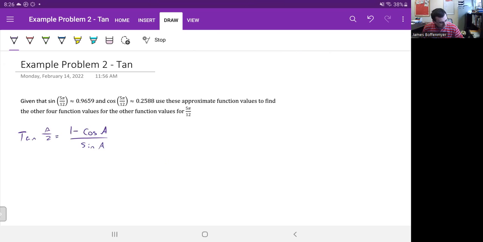All right, so let's figure out what the angle that we're going to be playing with is. The only reason why I'm erasing is because I try to utilize as much room as I can. So your angle that they give you is 5 pi over 12. And then because it's a half angle, we got to divide it by 2. Now, because we have an angle, it's a fraction, it's division, we keep change flip it. So that means we would be dealing with the tangent of 5 pi over